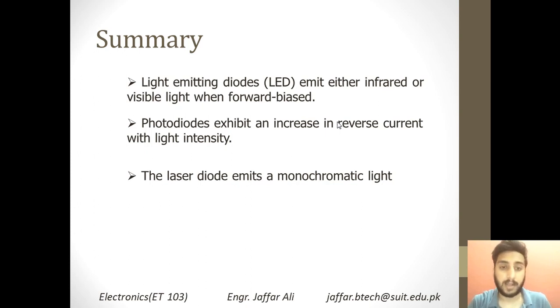In the last part we learned about the laser diode, and we learned that a laser diode actually produces or emits monochromatic light, a single color, but in a specific direction, and the range of that light is very long, because you have amplified the light in a specific direction. The laser means light amplification by stimulated emission of radiation. So you basically amplify the radiation but in a particular direction and of a particular color.